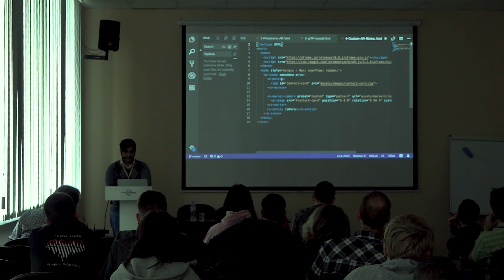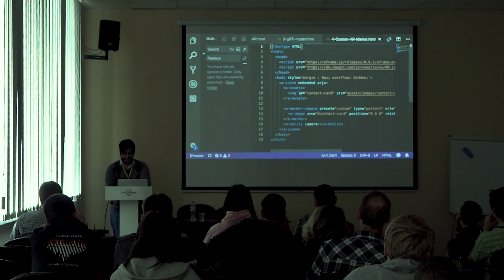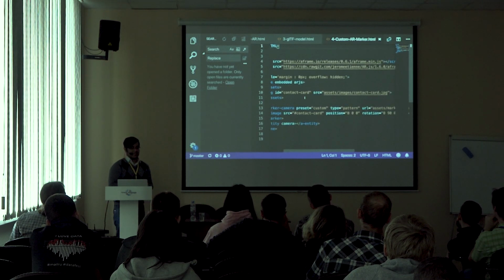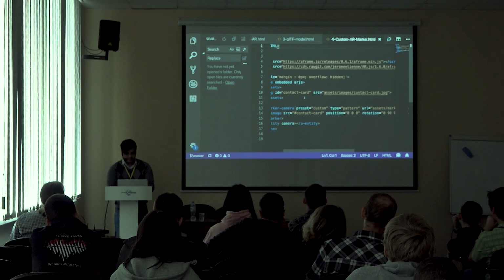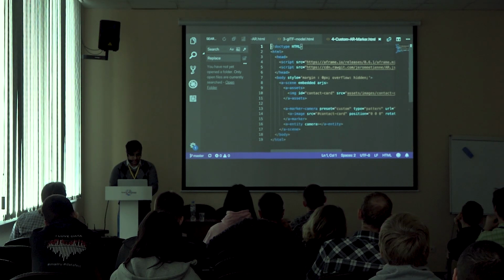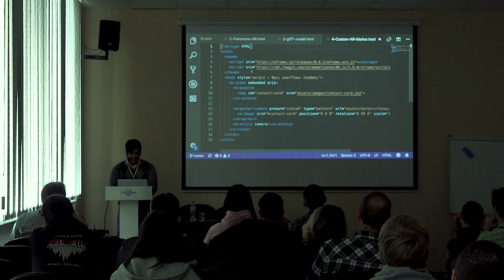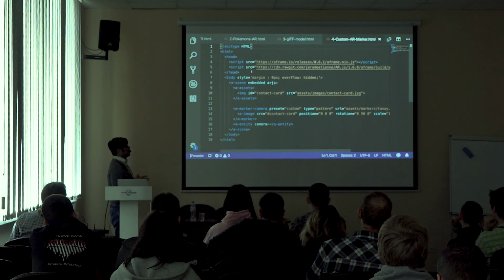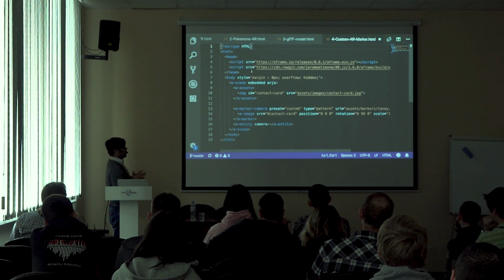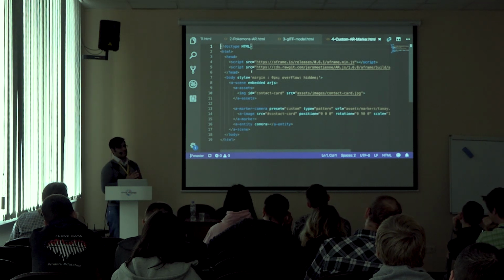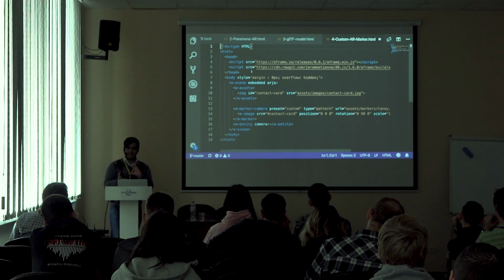So here we are. We have the 2 libraries that we were including before. And instead of using just a-marker like we were earlier, we are now using a preset called custom because we'll be using a custom image.